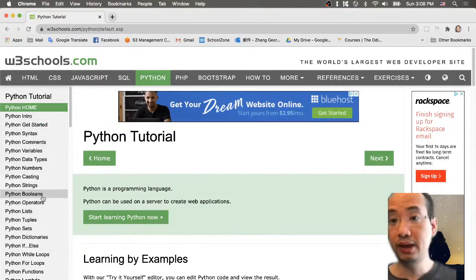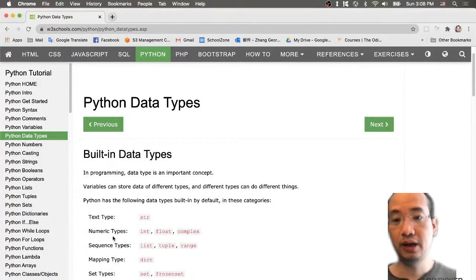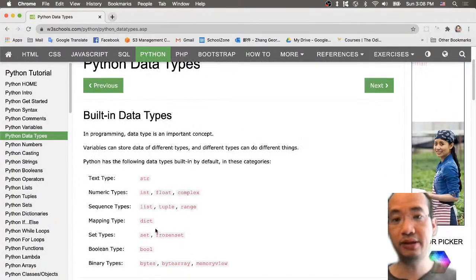So what we learned so far is something called data type, which we have numeric data type, including the